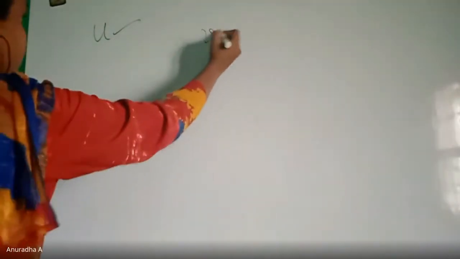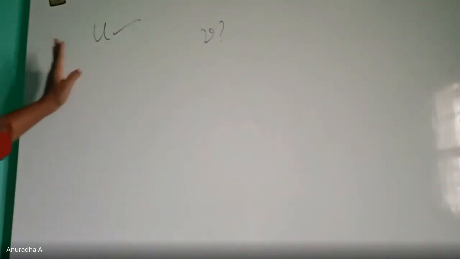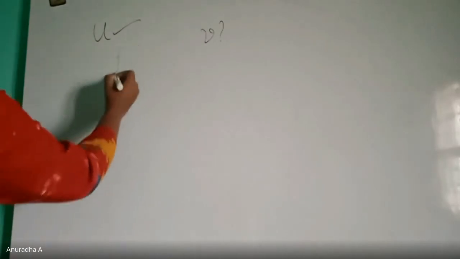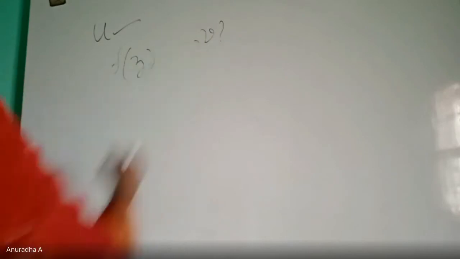Earlier, u was given to us and we had to find v. That is called the harmonic conjugate. And we were using the Milne-Thomson method also. With the Milne-Thomson method, we directly find f of z, and from that, the imaginary part will be v. Like that we can find, or the total differential method we can use. Like that we have found.